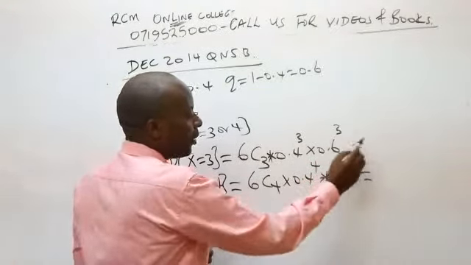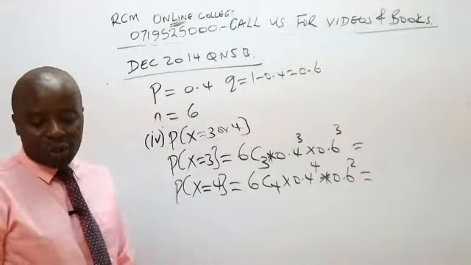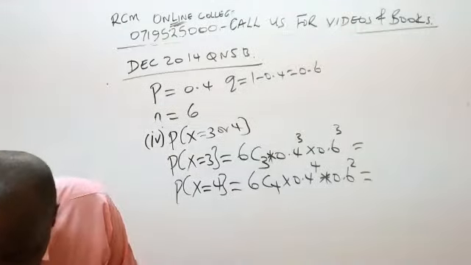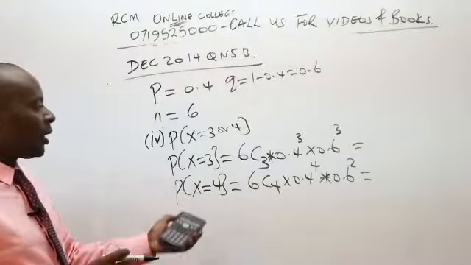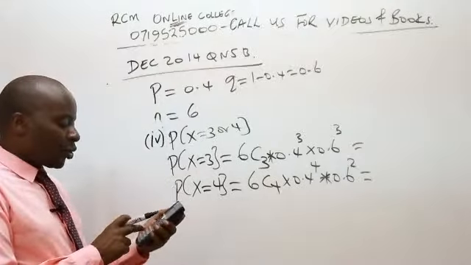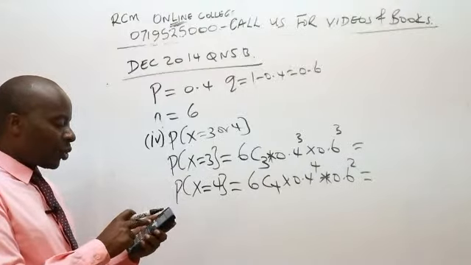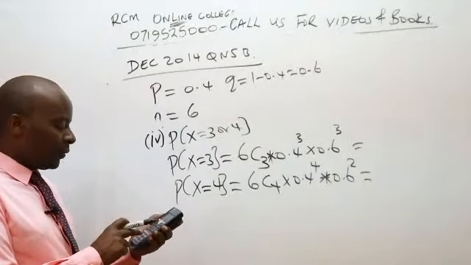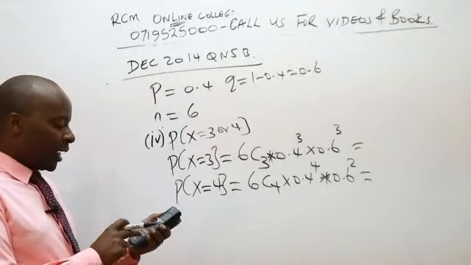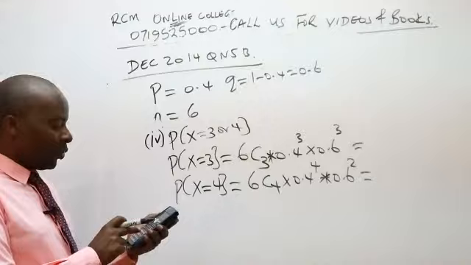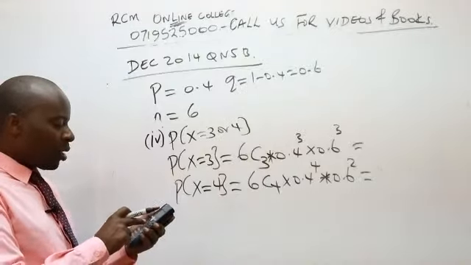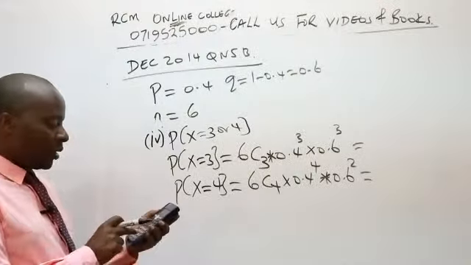So now you'll need to have your calculator and evaluate this. This will be 6 combinations 3 times 0.4 raised to power 3 times 0.6 raised to power 3 again, which gives me